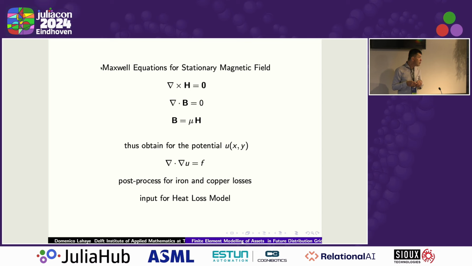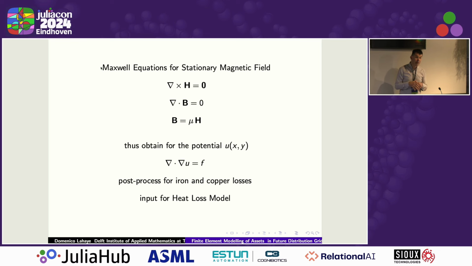To be able to solve that mathematically, I introduce the notion of a potential, and finally I arrive at a diffusion equation for the potential of the field. And my scope is to be able to solve this in a mathematical model,